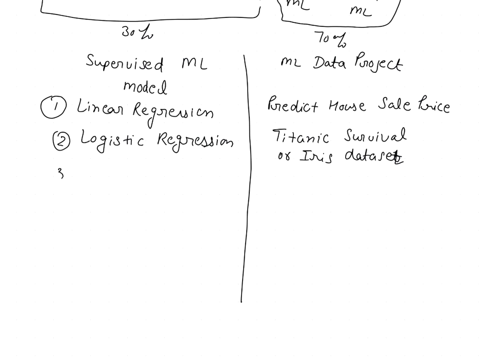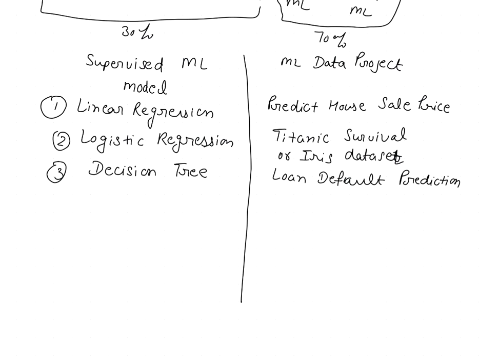And the third one is decision tree. This is a little bit complex project, but don't try to jump in directly. Follow the steps I'm telling you. Okay. For this, you can work on loan default prediction. Okay. Work on this. You can watch my end-to-end machine learning project series. You will find this one.